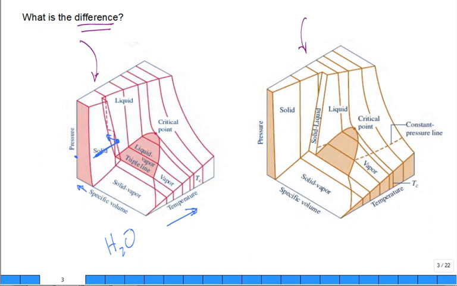Where more commonly, if we're at the same pressure, low temperature, we're in the solid phase, we heat it up at constant pressure, we start to get the saturated solid, then we're going to start generating some liquid. What does the specific volume do? It increases, so the same mass occupies a greater volume in the liquid phase than it did in the solid phase. So it's increasing. That's very common when you melt. Liquid has larger specific volume. Now,